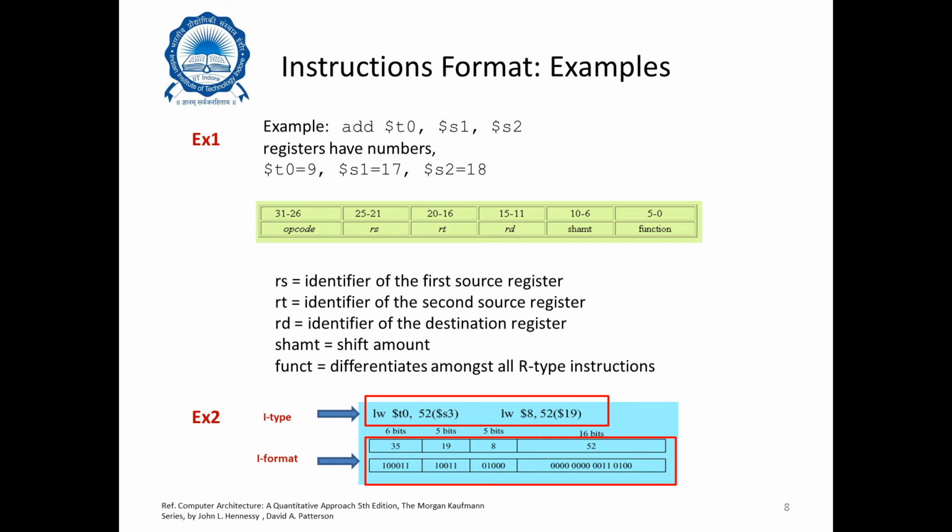So RS is basically the source register and RT is the destination register, if you see the I type format. So here RS is 19 and RT is 8. So we are adding the content of $s3 with the offset 52, and the computed value that you get will act as the memory location from where the content will be loaded onto register $t0,